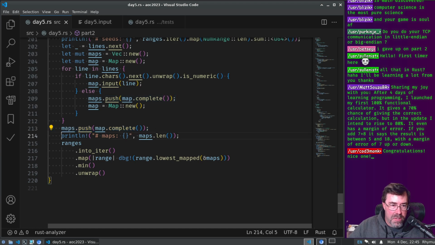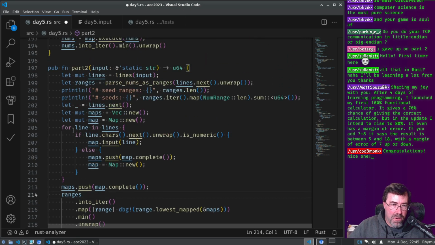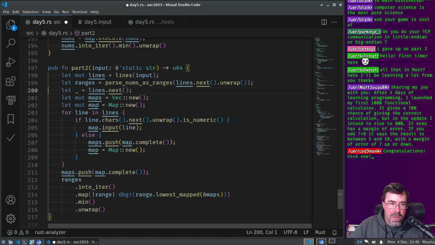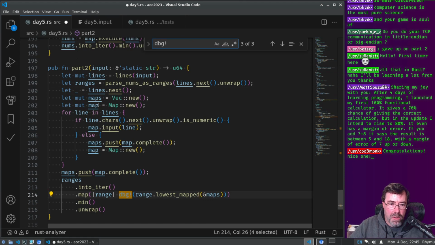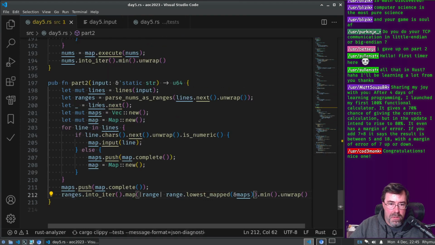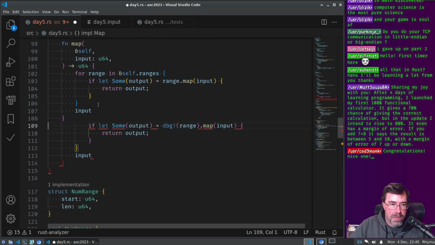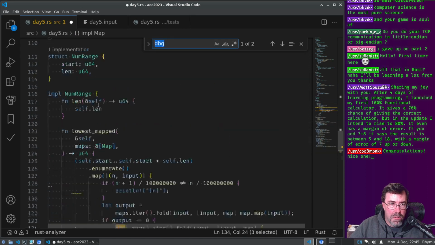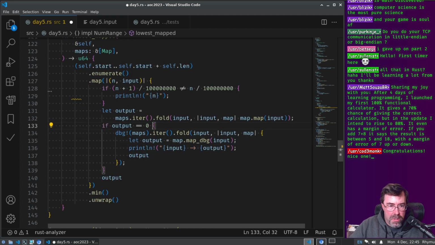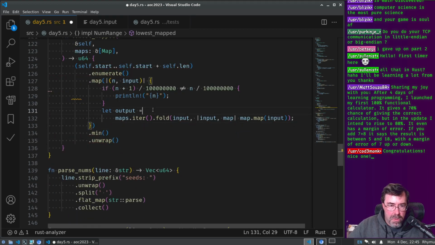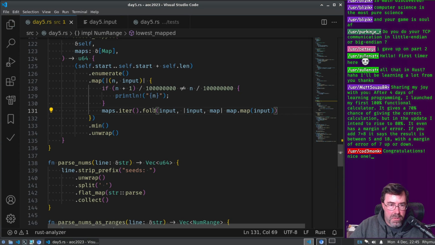So I don't need to print any of this junk anymore. I don't need DBG. I don't need map DBG. We don't need that. Don't need a semicolon. Don't need the print.